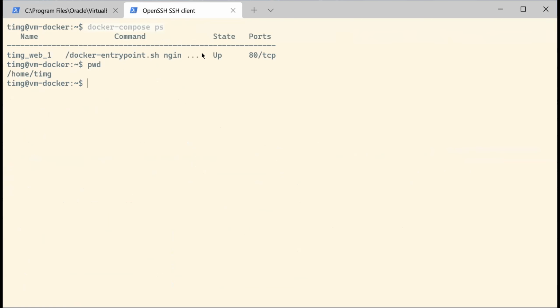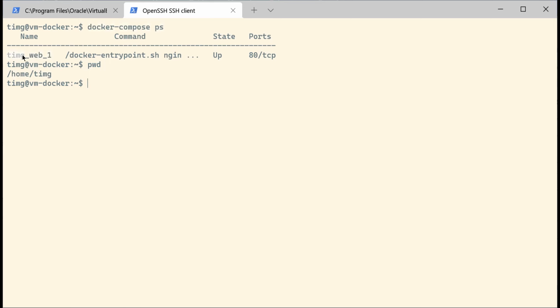You can see here that it's running the Nginx image, and that this container is actually up and running, and it exposes the port 80, which is the web port. And that's the name that was given to our container by Docker Compose. So this is something that was automatically created, but now you can see that this actually makes way more sense,